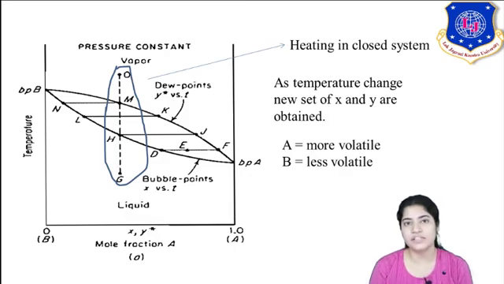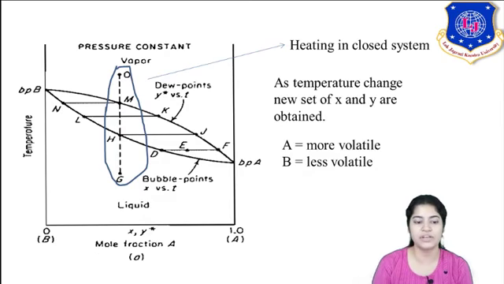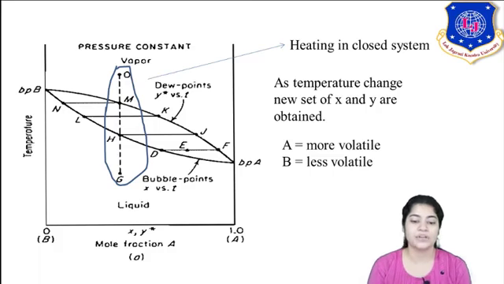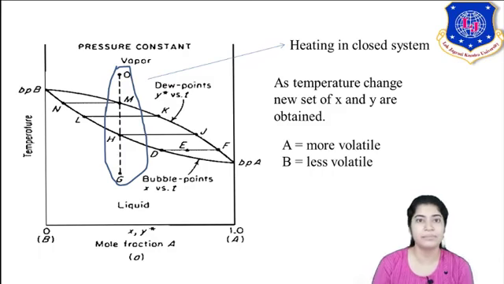In a TXY or PXY diagram, whatever representation of mole fraction you use, you are considering it with respect to the more volatile component. Generally we do it in consideration of the more volatile component. So A is my more volatile, B is the less volatile. G is the point where I have this mixture of A and B. Now as I am heating it, the temperature is rising. You can see the temperature corresponding to heating from G to H. Of course, at G the temperature was different, and now at H the temperature is different.